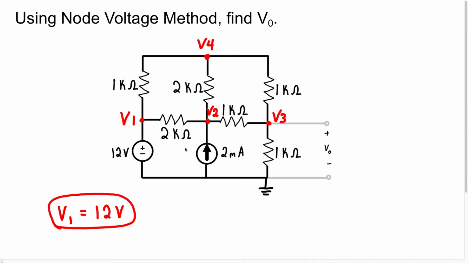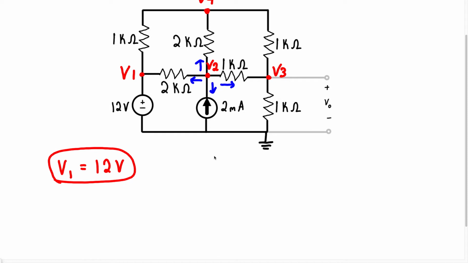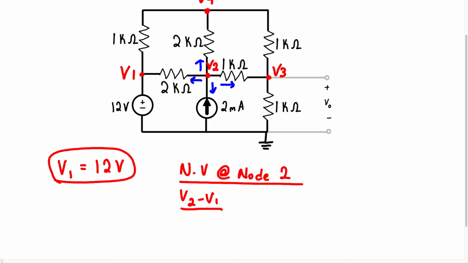So now we can do the node voltage equation for node 2. Remember, we're always going to assume that the current is going to be leaving this particular branch. So we're going to assume the current is going to flow in this direction here, in this direction, and in this direction. So we're just going to assume the current is leaving the node. Now when we start to write the node voltage equation for node 2, we're going to have V2 minus V1 over 2000